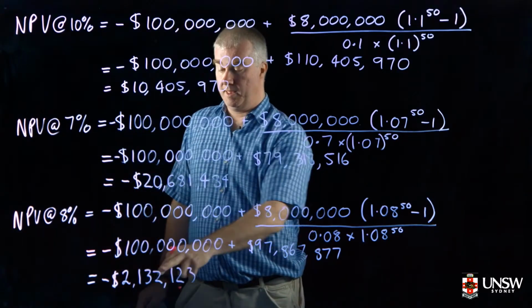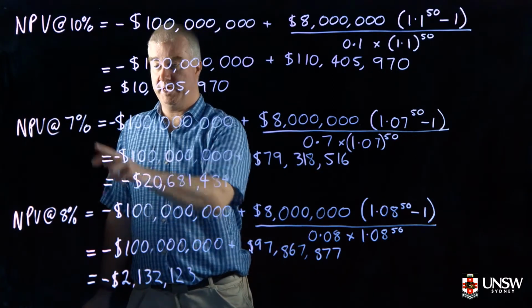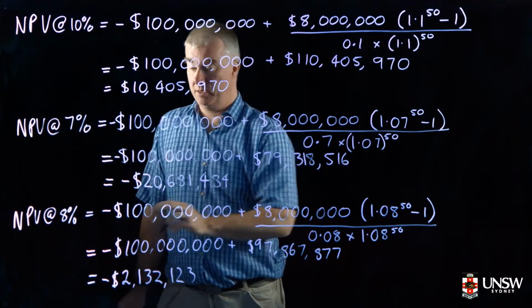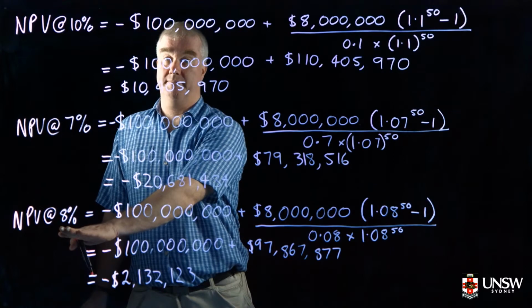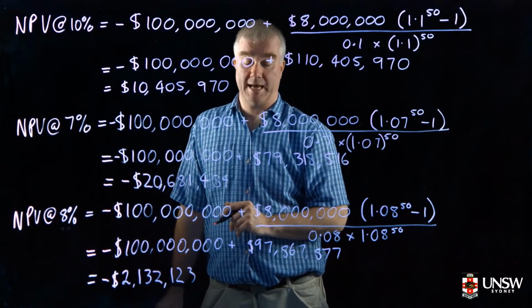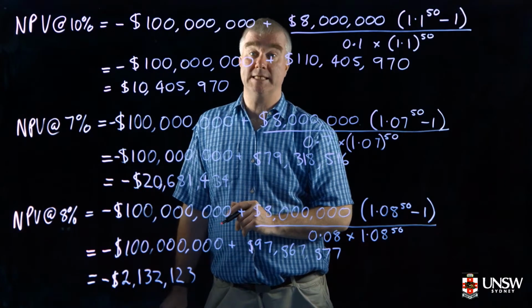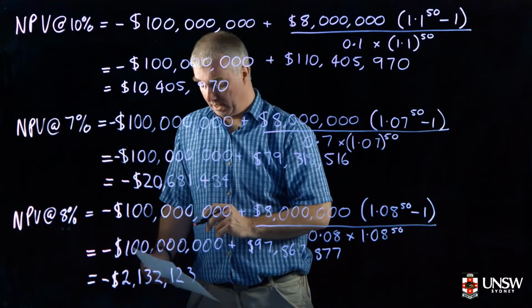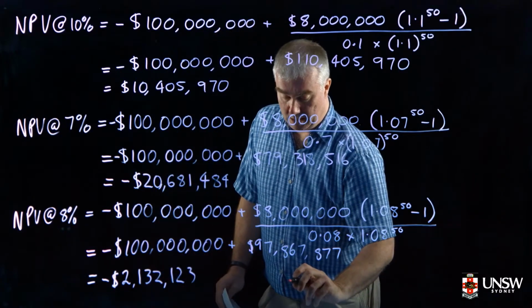Now, this means the answer's between 7 and 8, and if you only need it to the nearest percent, this is your answer. On the other hand, we could keep going and we could work out exactly what it is. And so I did this using the goal-seek function in Excel, and the actual answer is